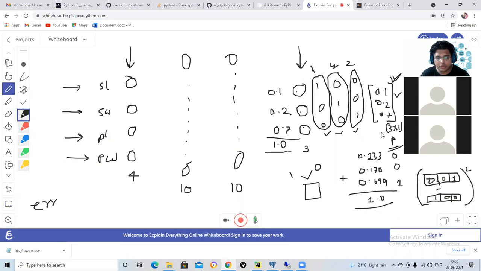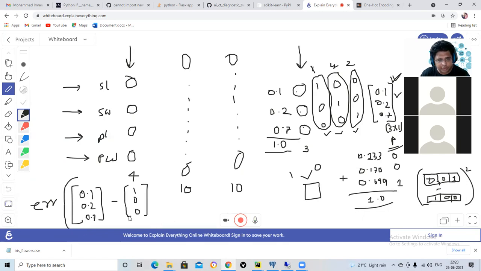So I have to subtract this vector 0.1, 0.2, and 0.7 from another vector of similar size, which I have made as 1, 0, 0. Oh, okay.